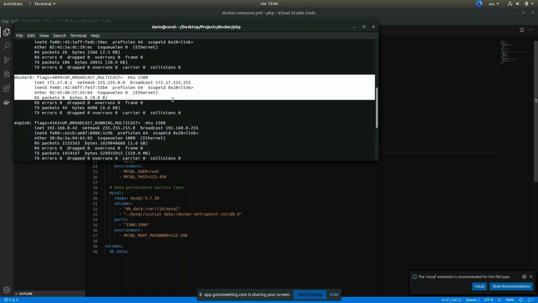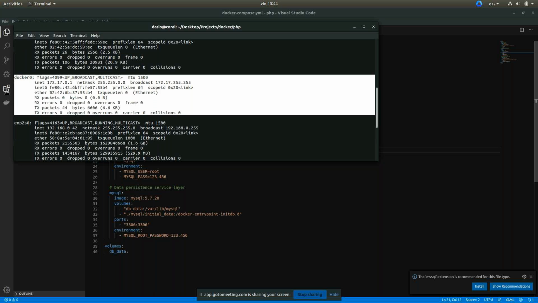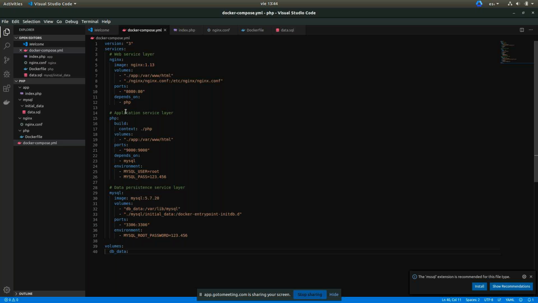This IP address is assigned to the Docker. So Docker internally assigns an IP address to every one of the servers there,